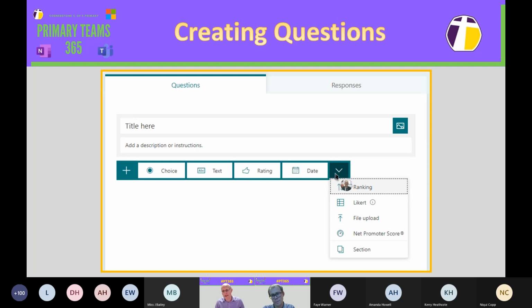However, if you click on the drop down arrow, there are some more choices so they can rank things, put them in order. A Likert is a posh word for a table. They can upload a file as part of it, and a net promoter score, and you'll see one of these in our survey for today's session,